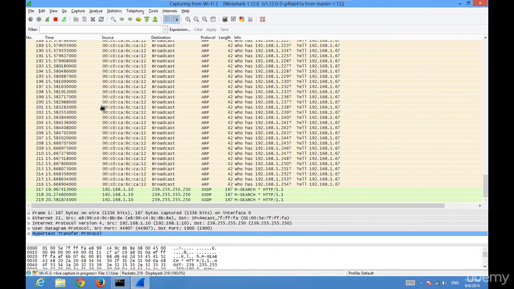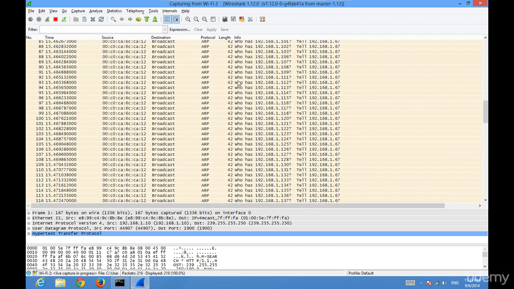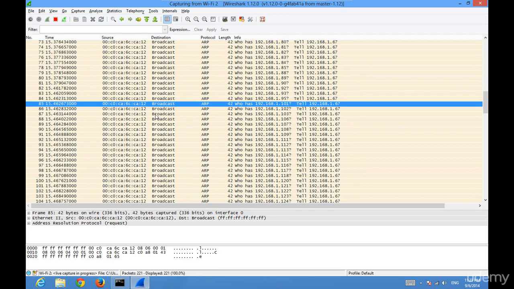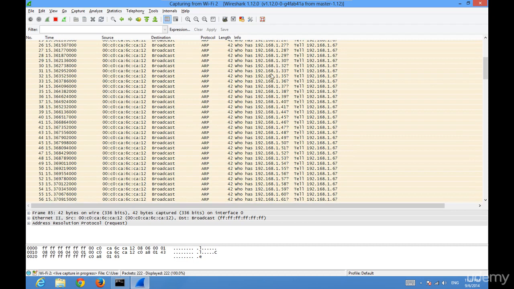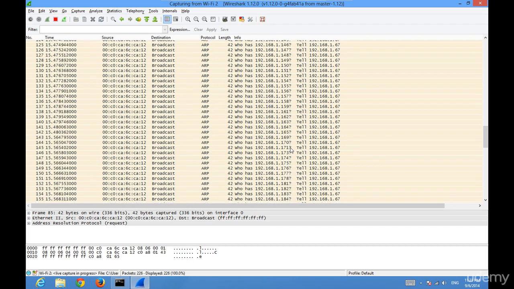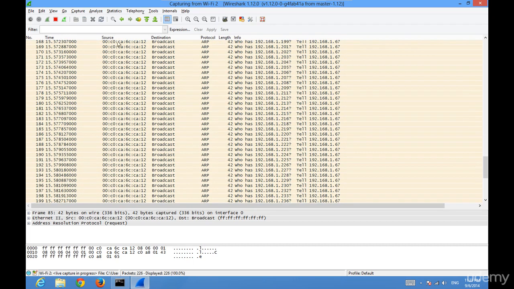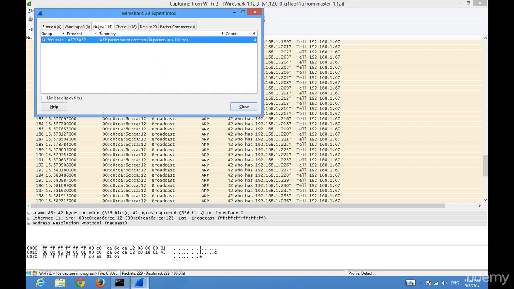Now if we go back, we actually don't even need something to tell us or to give us a warning. As we can see here, the source is the MAC address of our attacker machine, and it's asking about each single IP. So it's asking about 30, 32, 33, 34, starting from 1 and going all the way up, asking if there is a device on this IP. Now if we go on Analyze and we go on Expert Info, if we go on the notes, you'll see that we have an ARP packet storm detected, which is basically some device trying to detect all